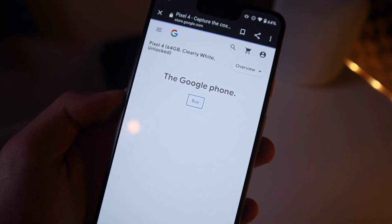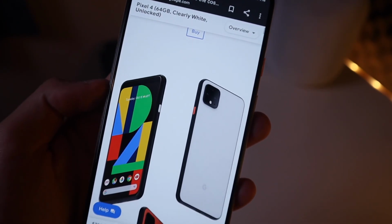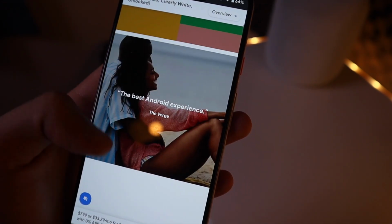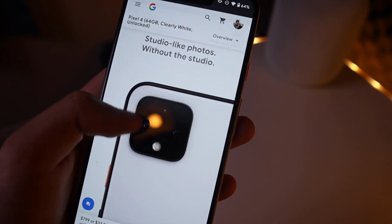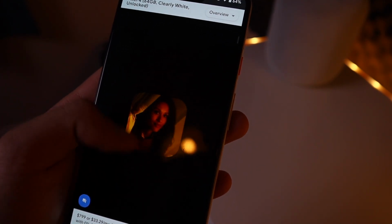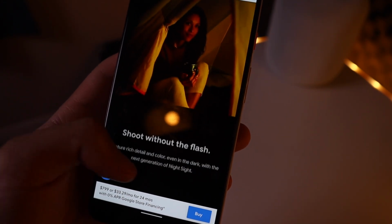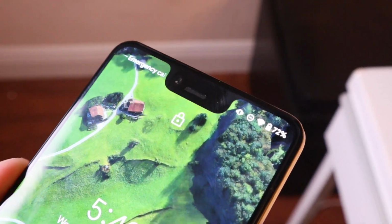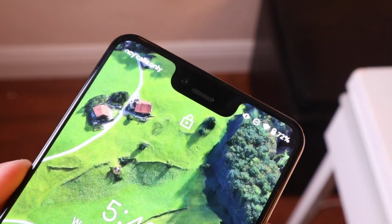The Pixel 4 has a smaller battery. It doesn't have a fingerprint reader. It took away screen real estate with the notch. And it also took away the ultra wide camera, and it just removed that for a telephoto. And I gotta admit, I really love having this ultra wide camera on the Pixel 3. So that's why, and also I can't forget about the exorbitant price point of around $800 to $900 for a